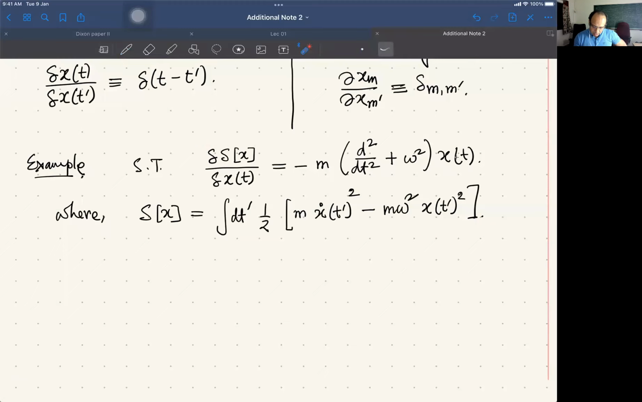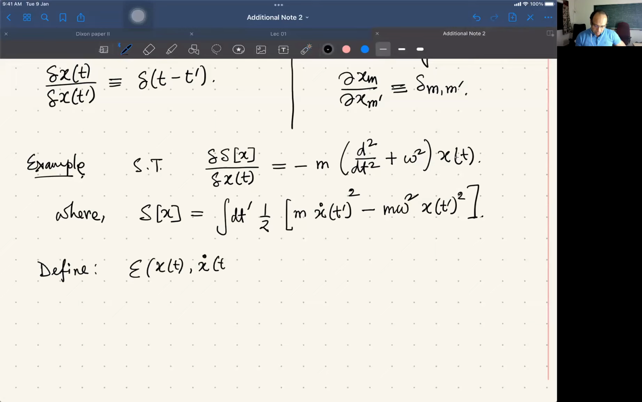Notice that in the integration I have used t prime, so there is no confusion between this variable and the variable appearing here. This is a derivative with respect to x at a particular value of t, while t prime is integrated over. Now, in order to proceed with the calculation, we first define a script E of x(t),